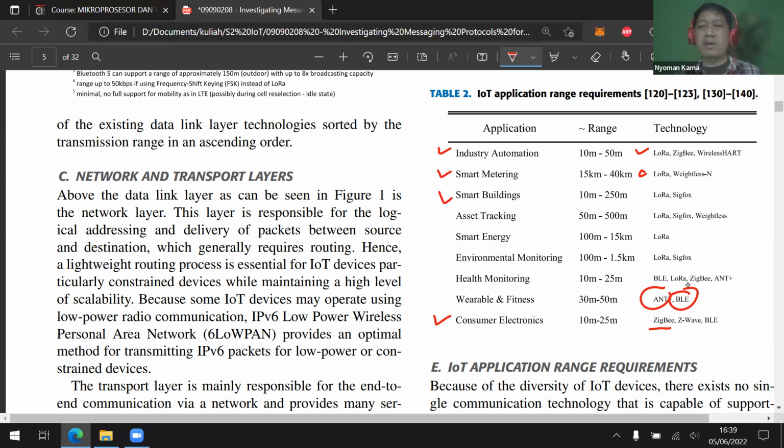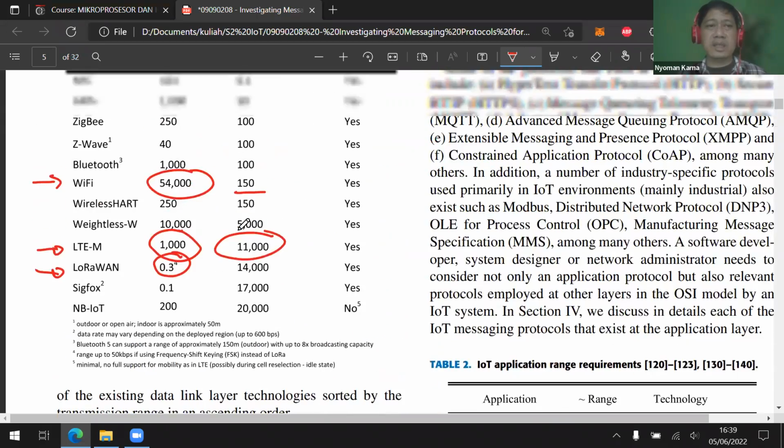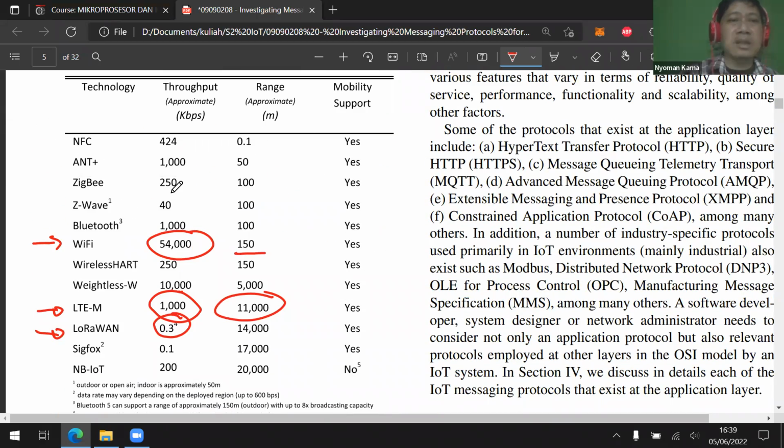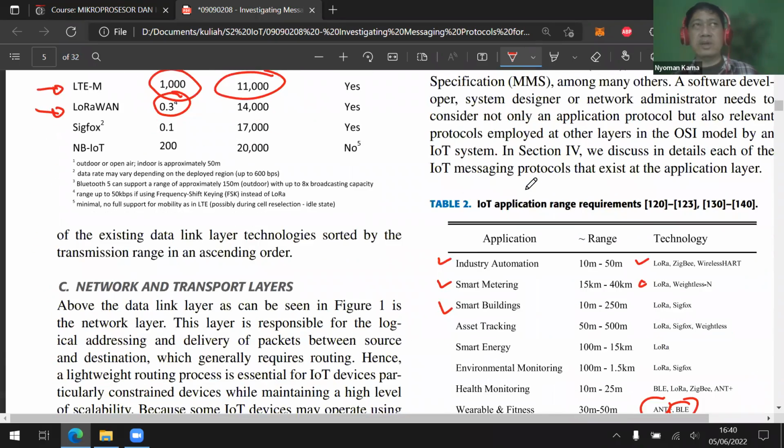Okay, why ANT? That's because ANT's throughput is quite big, 1 Mbps, and the range is up to 50 meters, more than enough to monitor the health of our patients in the hospital.